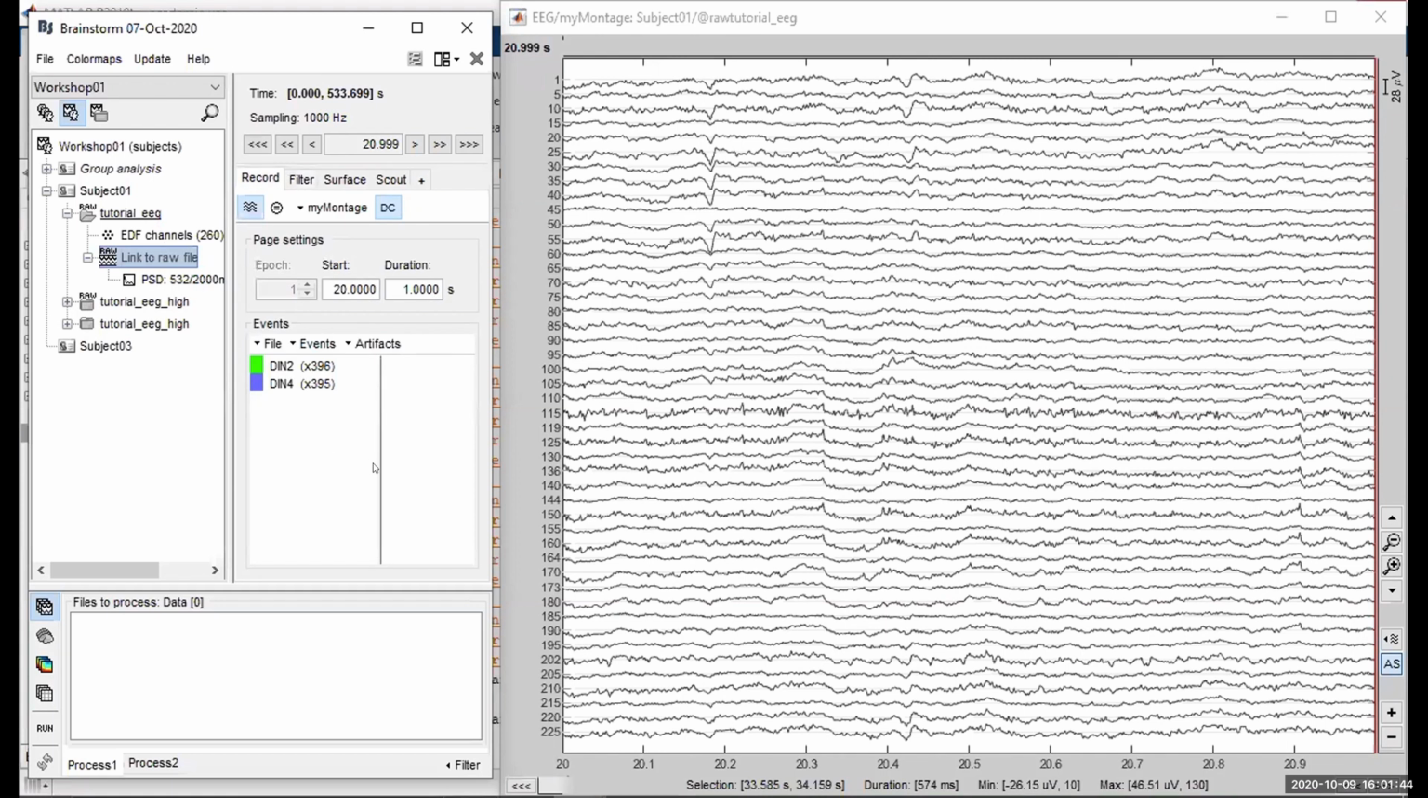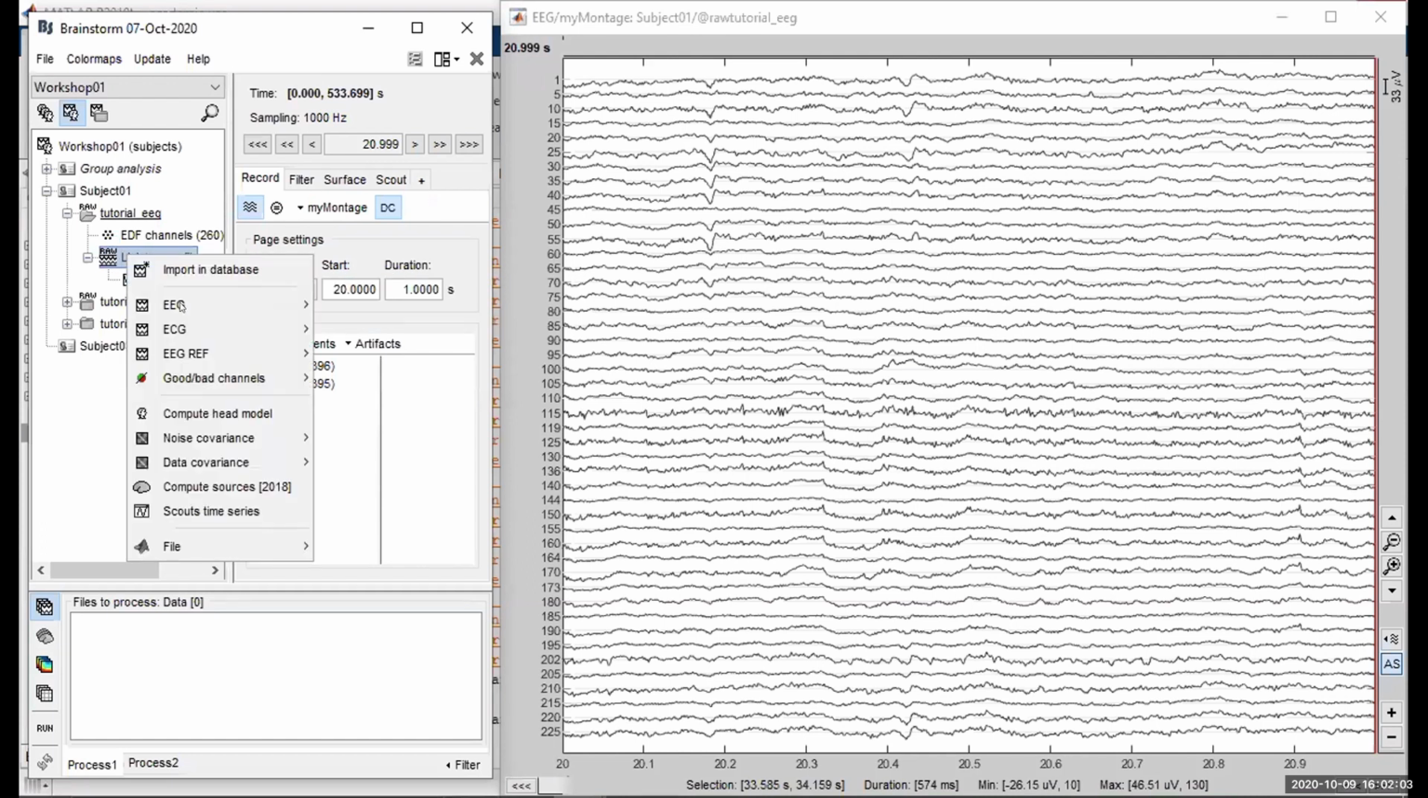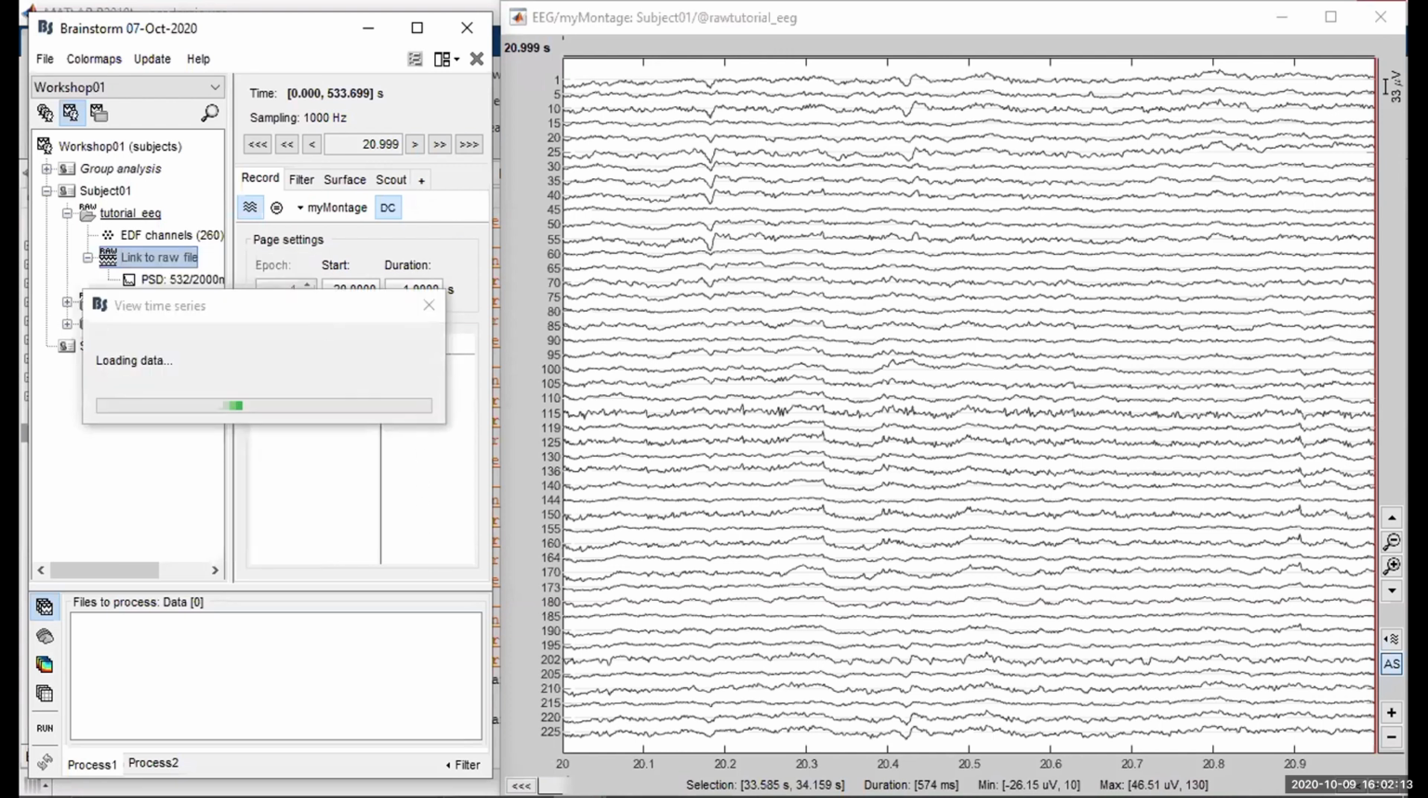I think this covers a lot of things for the raw file. Right now I just double clicked on the raw file, and what it did is automatically open up our EEG channels, so all the data-based channels. But if we right click on the raw file, we can see other types of channels that are available to us. In this case, we see that we had the ECG, the electrocardiogram, available. So if I go to display time series,